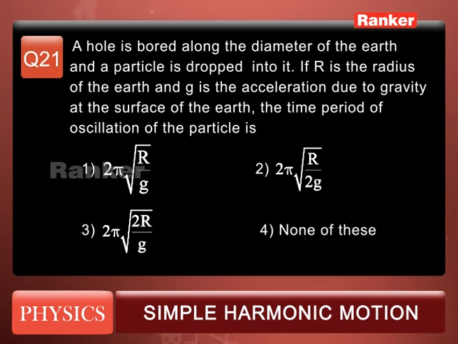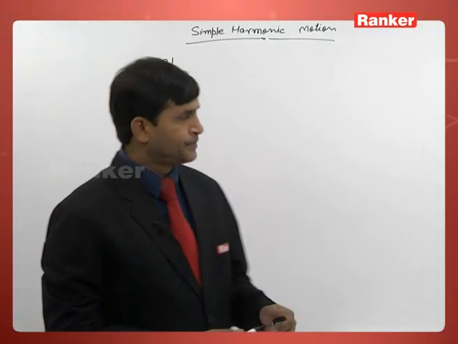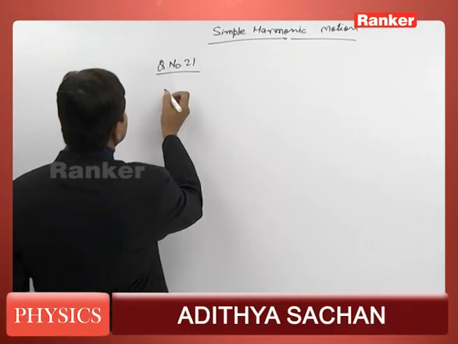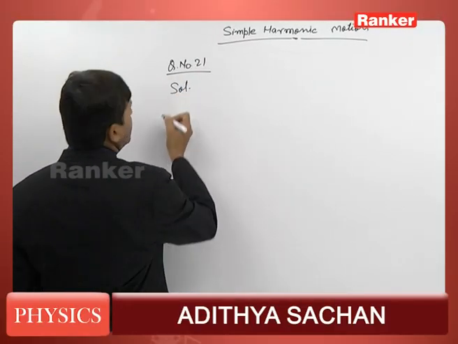The first option is 2 pi root over r by g. Second option, 2 pi root over r by 2g. Third option, 2 pi root over 2r by g. And the fourth option, none of these. See, as per the given information,